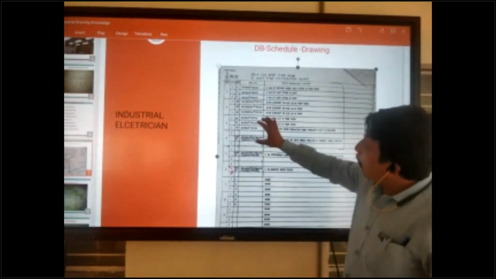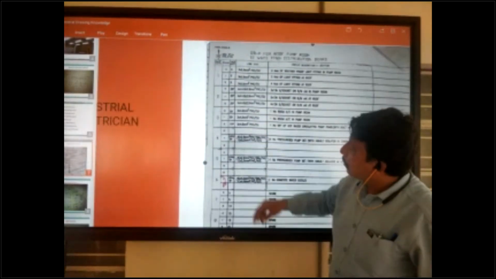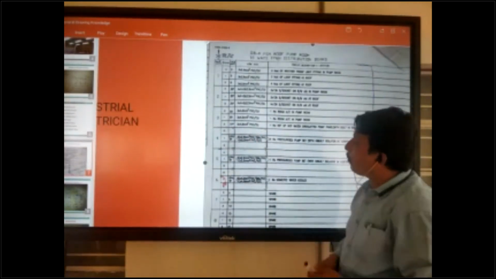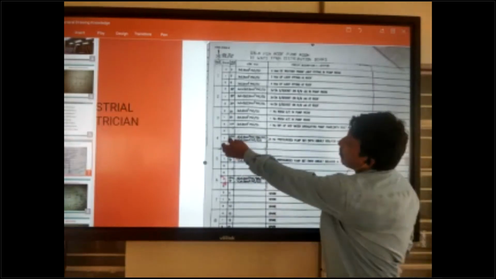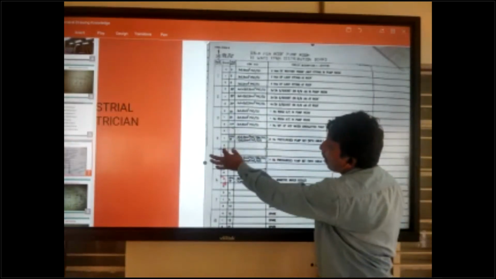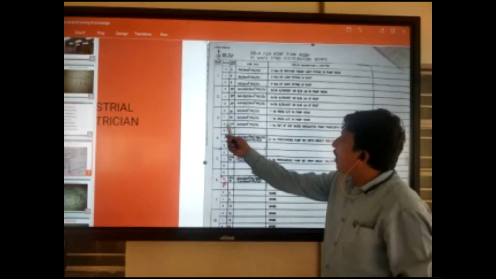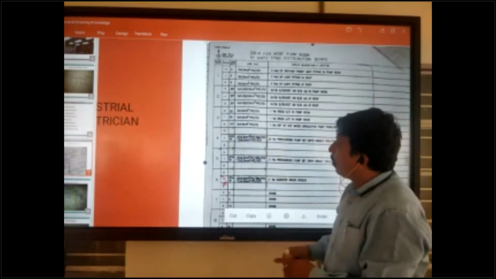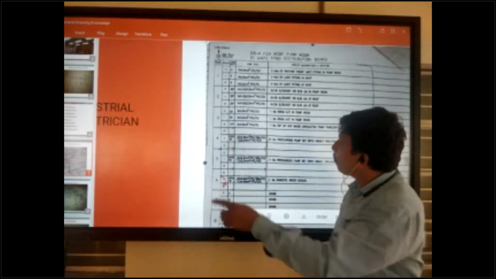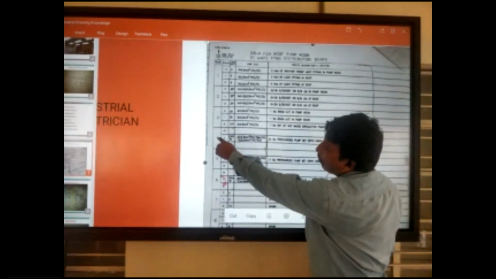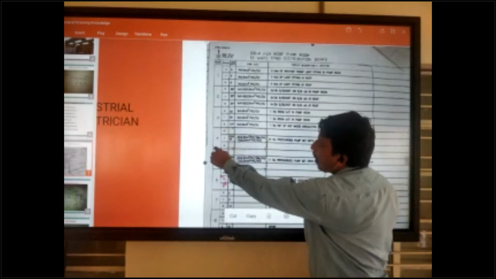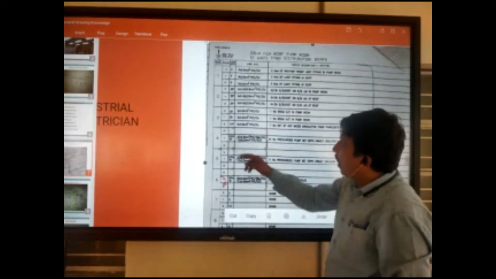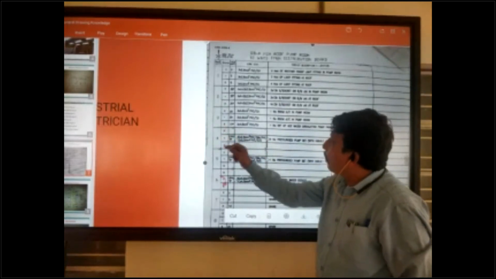TP. If TP is written, a triple pole three-phase MCB is used in the DB. In that case, writing appears only in the center, not in the upper side and not in the lower side. There is RYB, three phases, one circuit. So you can check in your DB schedule number 4. In DB schedule number 4, there is writing for RYB.